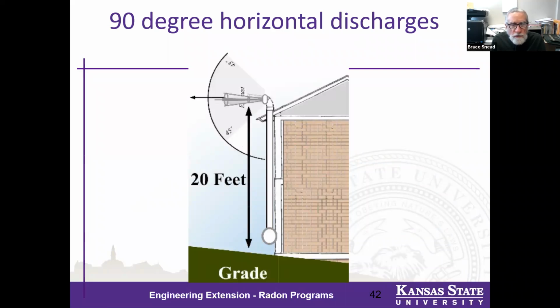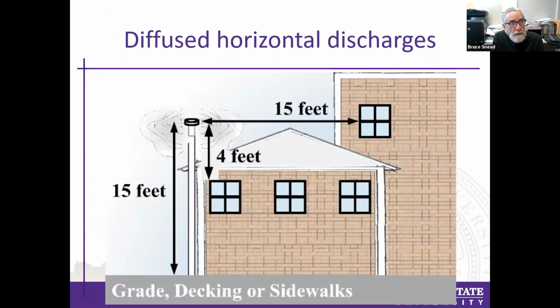If you configure the discharge with a horizontal projection, a 90-degree as you see here, then the distances increase appropriately to a 20-foot height if there is a discharge like you see configured here above grade. And if you use a diffuser on top, a rain cap or something that projects the discharge horizontally, the distances increase: 4 feet above operable openings and 15 feet from operable openings, or 4 feet above, either one.